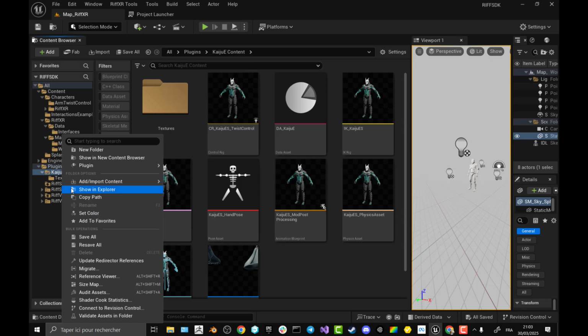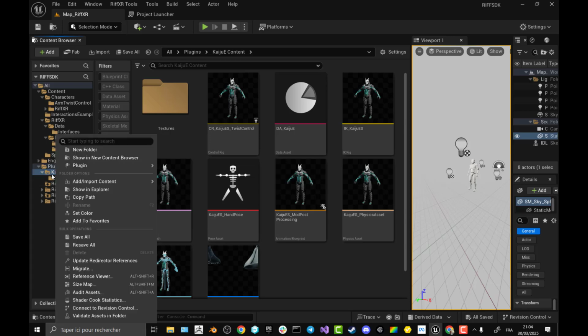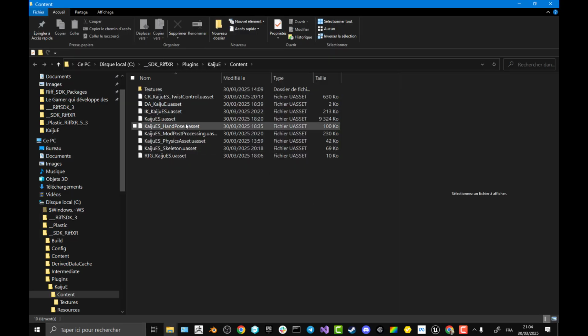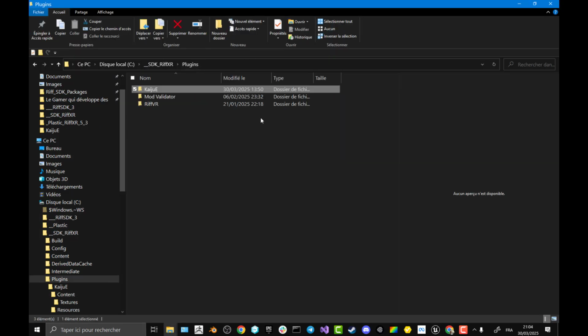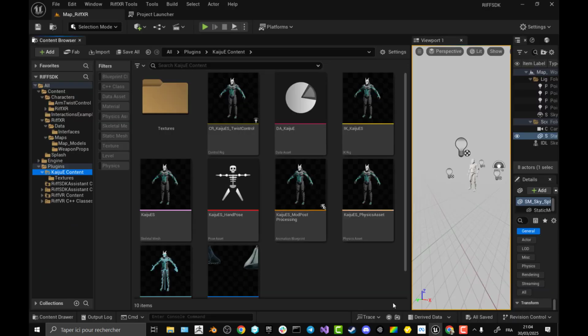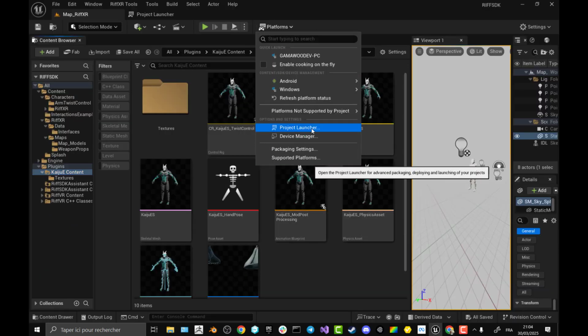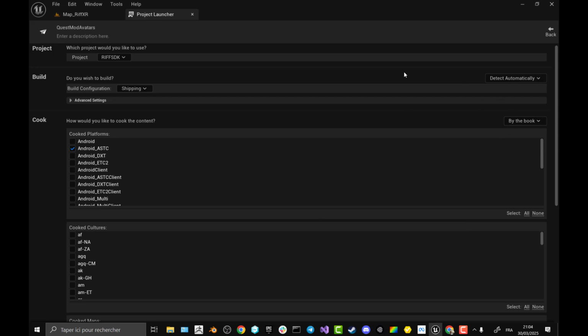So if you are in Daft, you go here to your plugin, to your avatar, and you click on Show in Explorer, and now you have this name, and this is the name you will use to create your generation. So I go back to the project launcher and click on Browse,